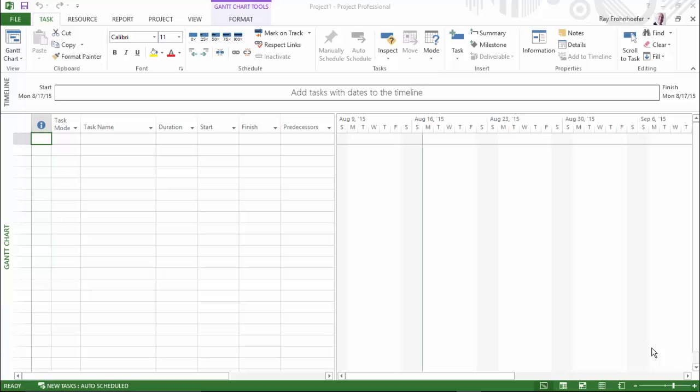Okay, so here I am. I'm in MS Project 2013. I don't have any file open. I am on the Task tab. I could either start typing here and entering a project plan after I've set up the proper options, of course,